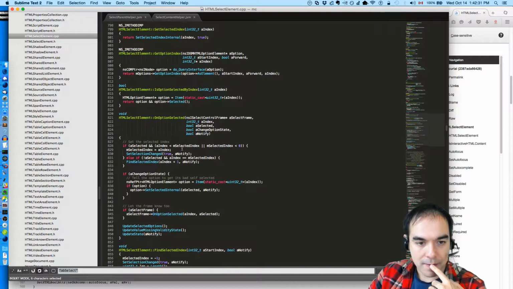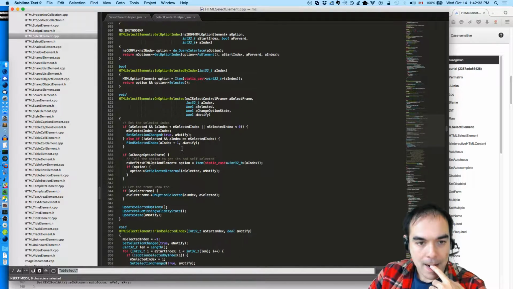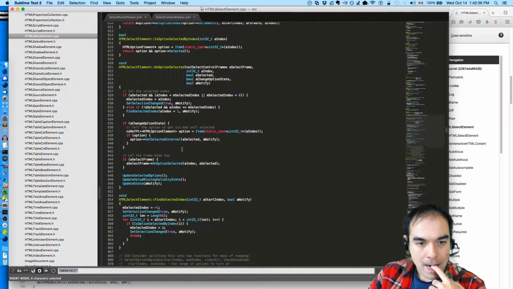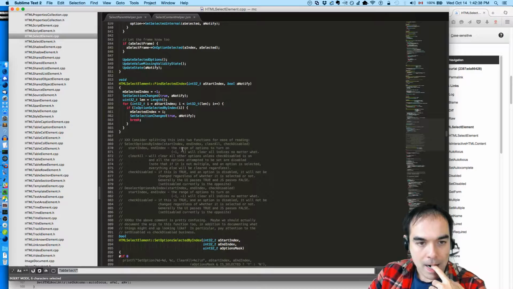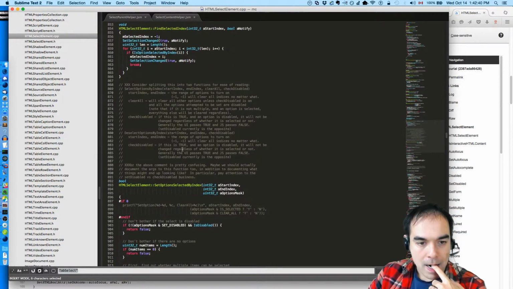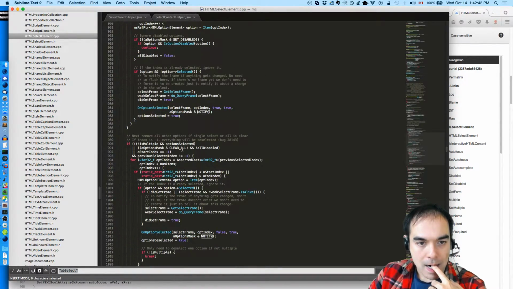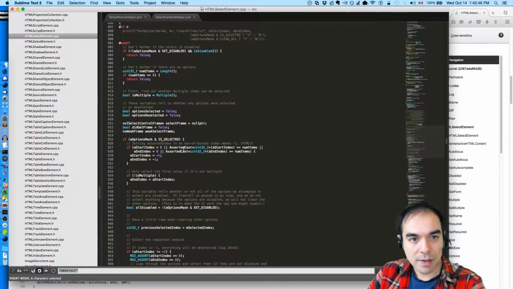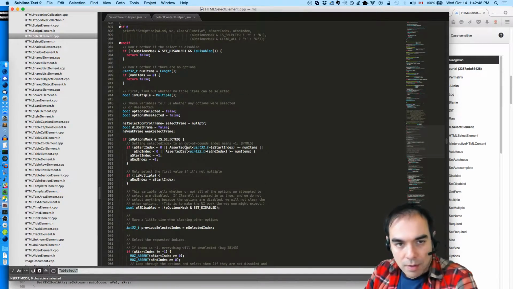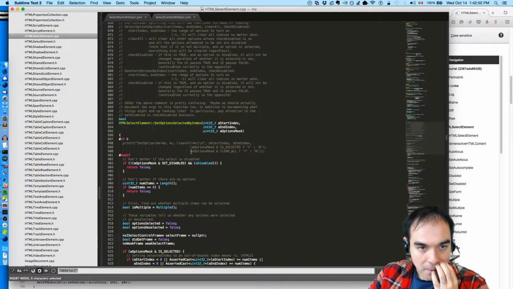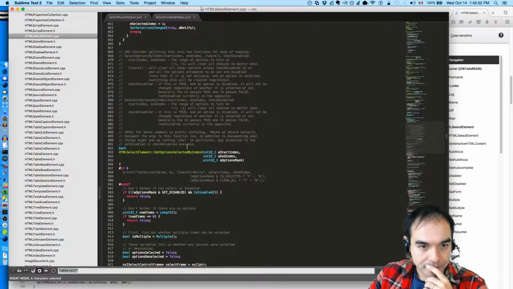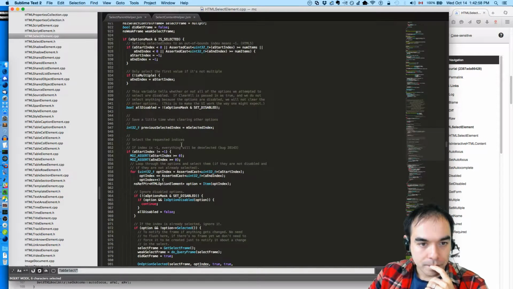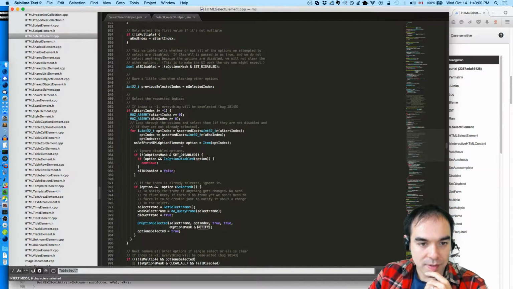Who fires that? There's this big function here. Or method, I should say. What does this do? Actually doing the selections.